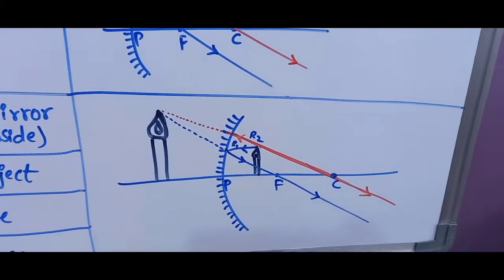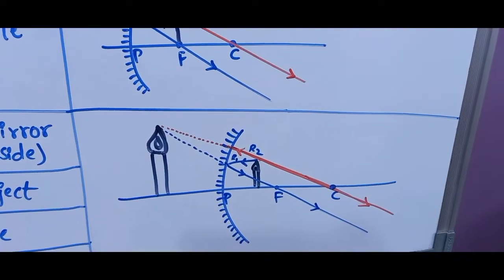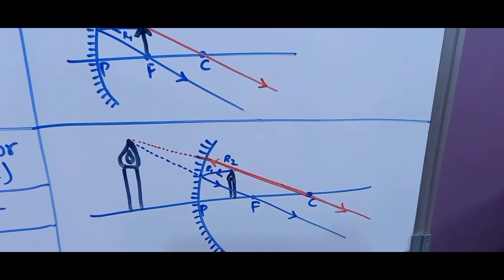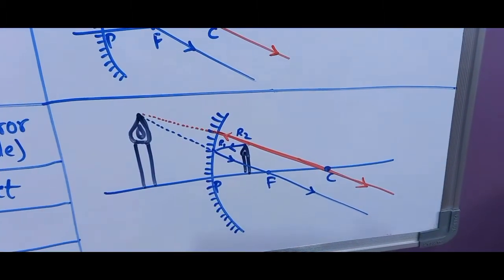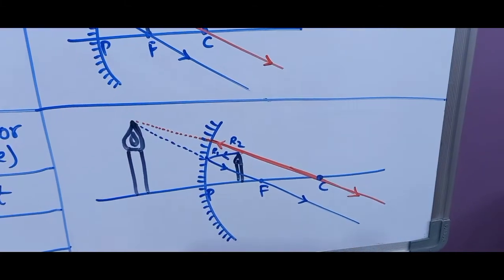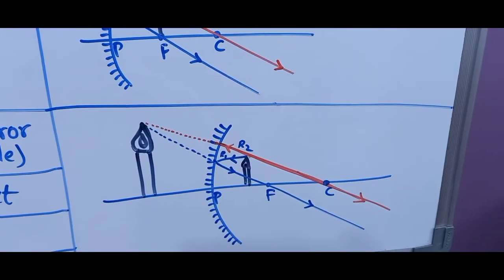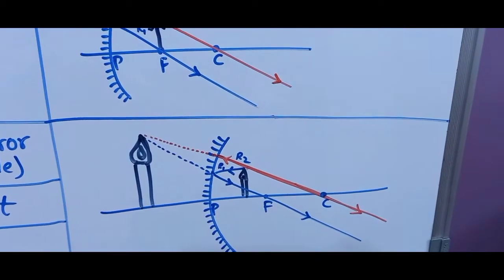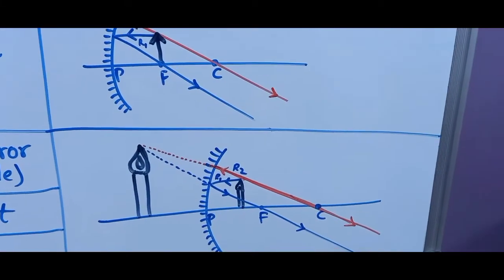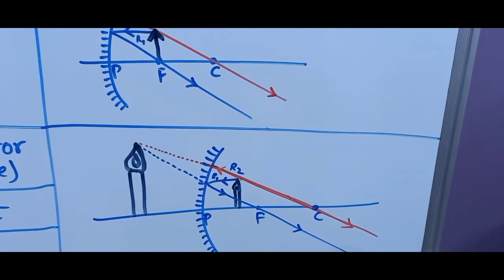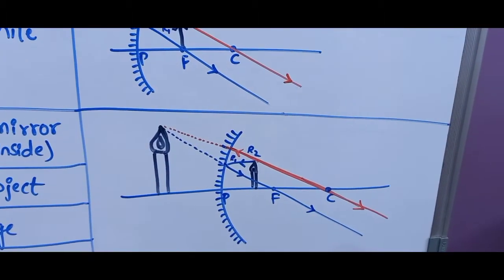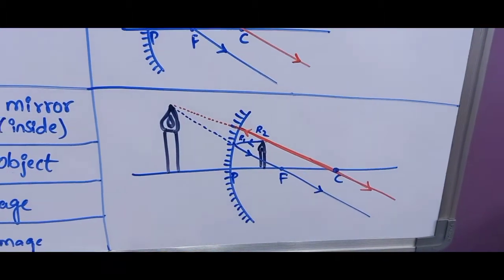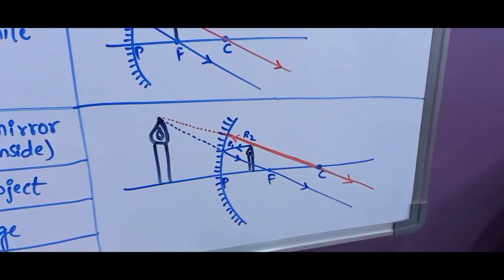Children, this ray diagram tells us that since the reflected rays are diverging, they are getting apart from each other, moving away from each other. As they are diverging, we will not get an image anywhere. Even if we had moved the screen much farther from the mirror, we wouldn't have found the image. In such situations, however, we do see an image when we look in the mirror. Inside the mirror we are able to see the image.